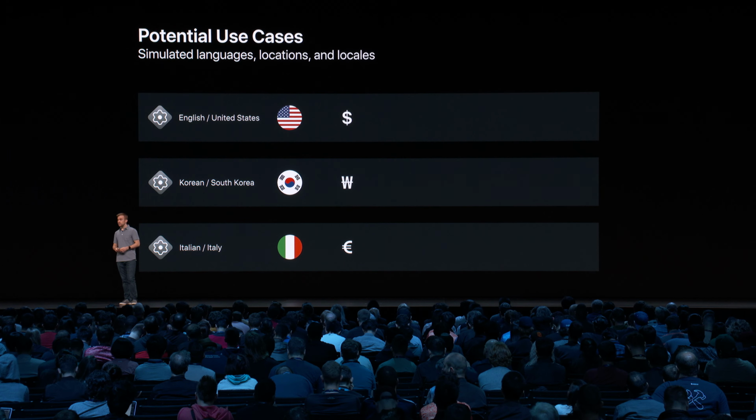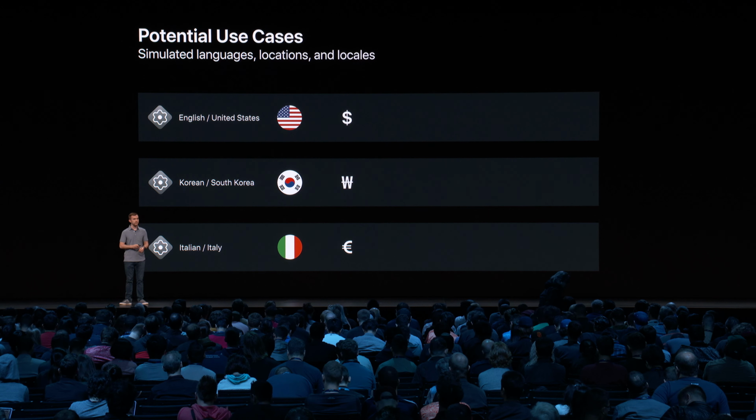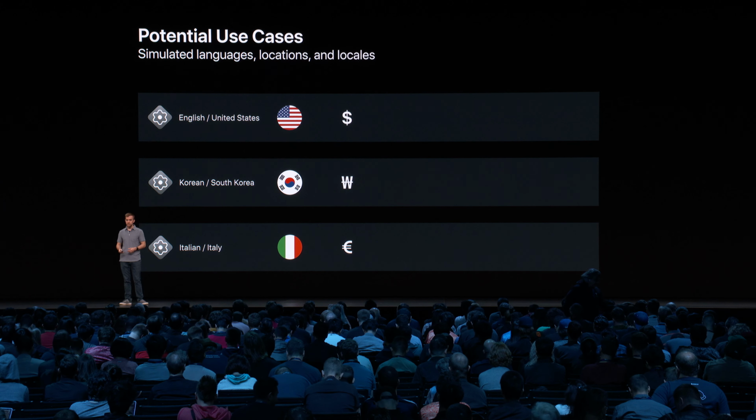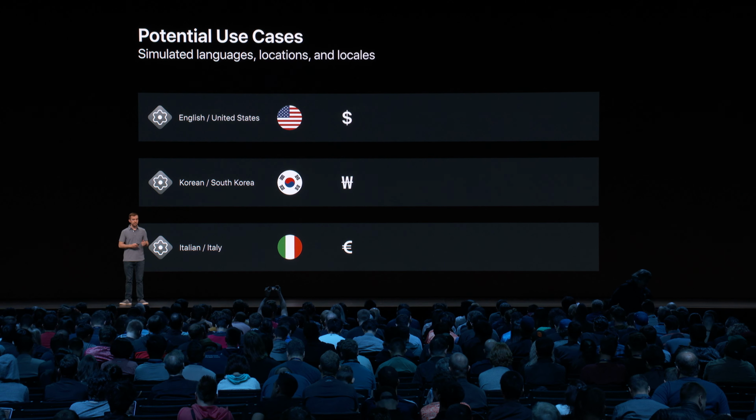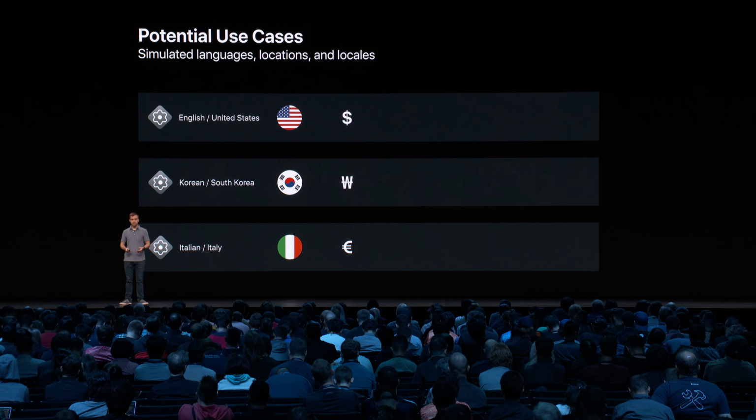But test plans isn't just about picking different sanitizers. As I showed in my demo earlier, you can also configure a plan with configurations representing different languages or locales. For example, I've picked the US, South Korea, and Italy here. And there's no limit on the number of configurations you can have. Now, if you configure a plan like this, you could use it to run your UI tests. And then you could collect the screenshots from those tests by enabling the new Localization Screenshots feature in shared settings.